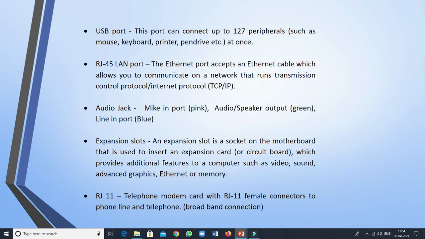And next is your RJ11 port, for the telephone modem card with RJ11 female connectors to the phone line and the telephone. So these are the detailed information about the front panel and back panel of a CPU.